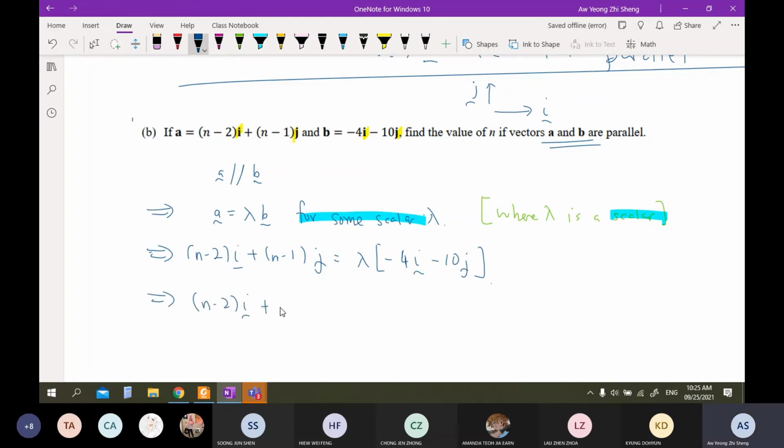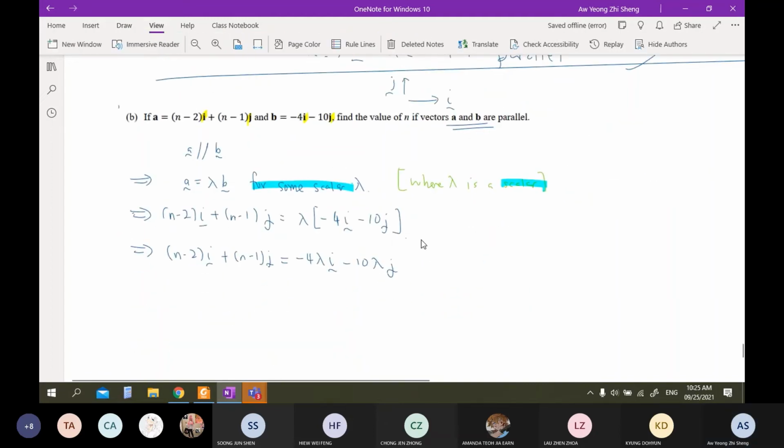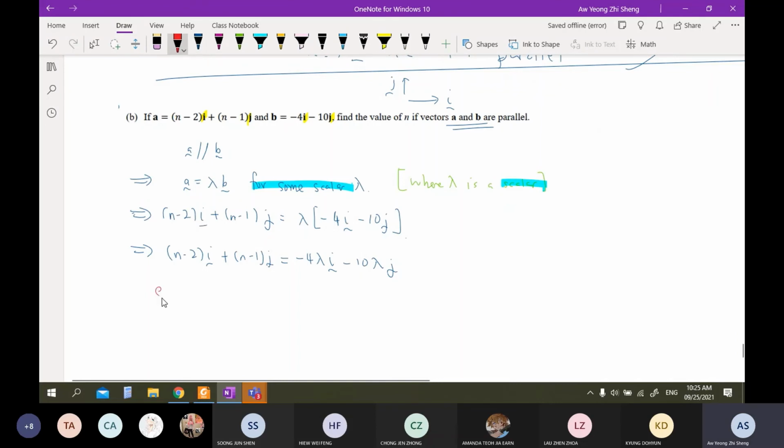So n minus 2i plus n minus 1j is equal to minus 4 lambda i minus 10 lambda j. Then we say since i and j are non-parallel and non-zero vectors, we have